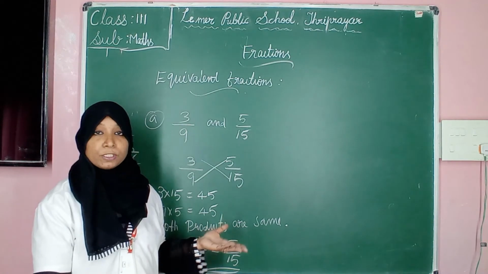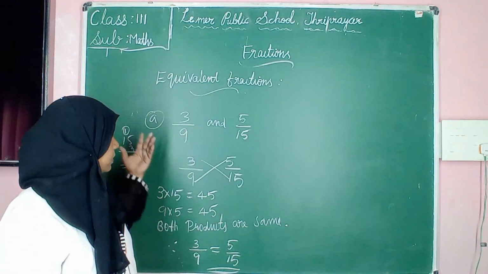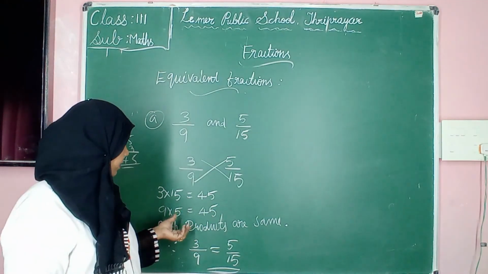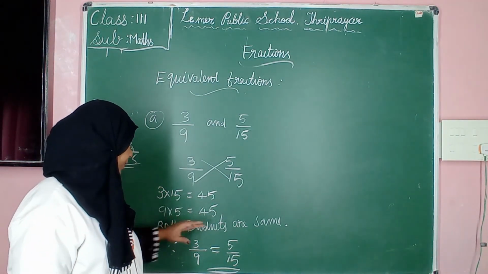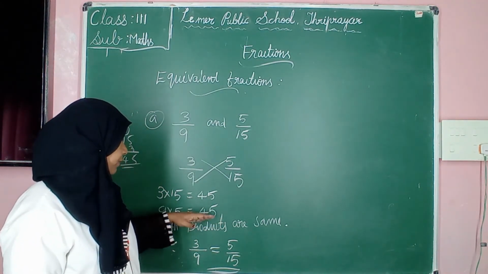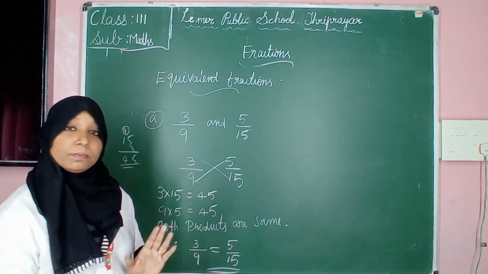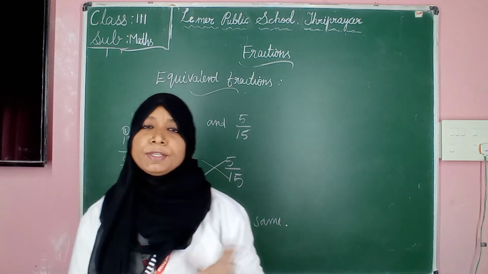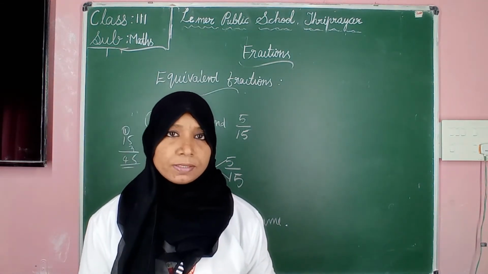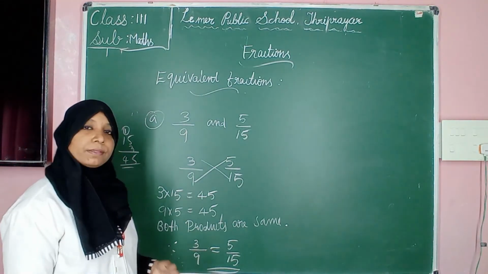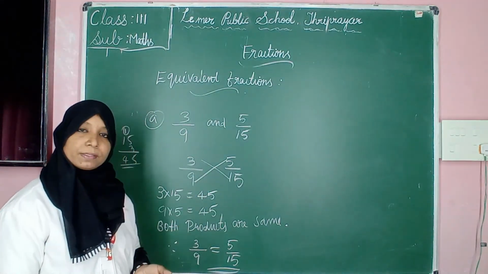I have seen the post-midterm examination. Like this one questions were there. Many students wrote like this. Stop here. After finding the product, they stopped the question. The answer stops there. But they did not get full mark because the answer is incomplete. Till here you have to write. Then only the answer is complete.